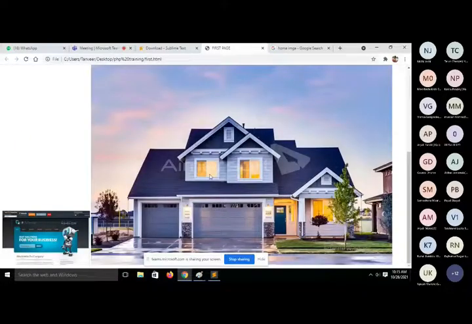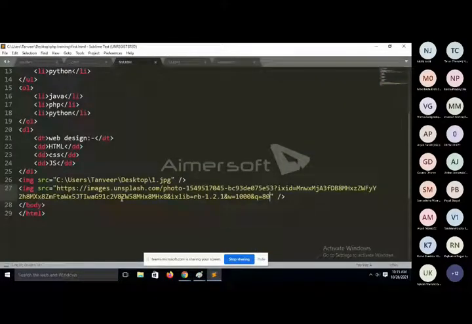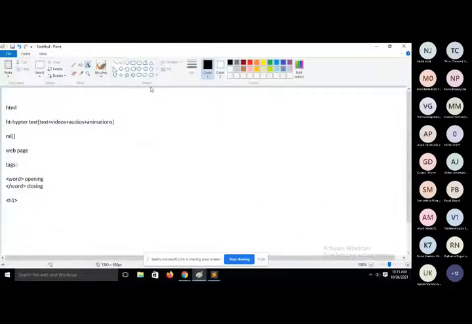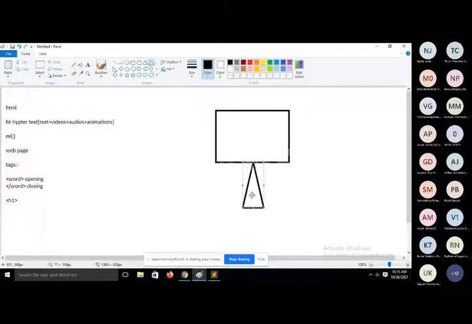So if you want to resize your image, you will use two attributes. First one is height and second one is width. Each and every screen, if we have a computer screen, we can measure it with the help of two properties, height and width, and we can specify width and height in two ways.